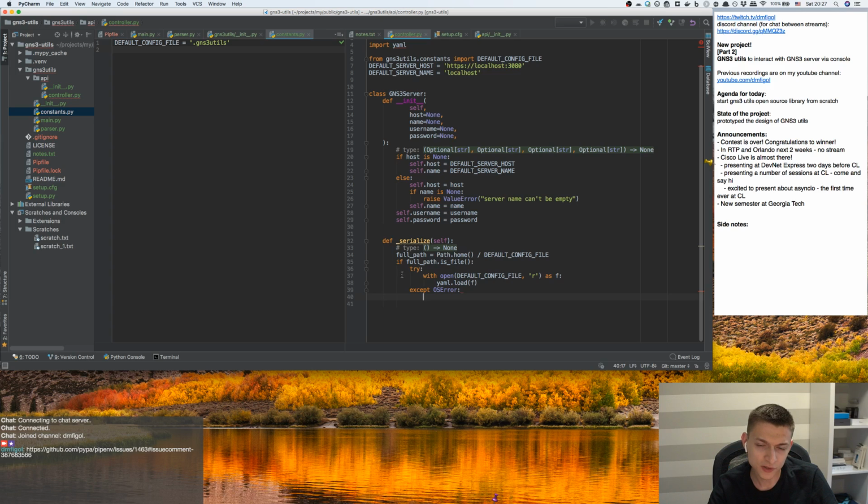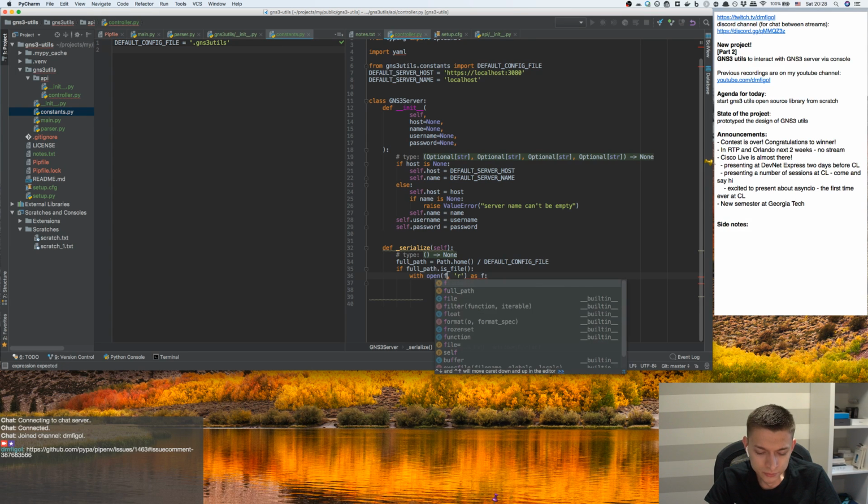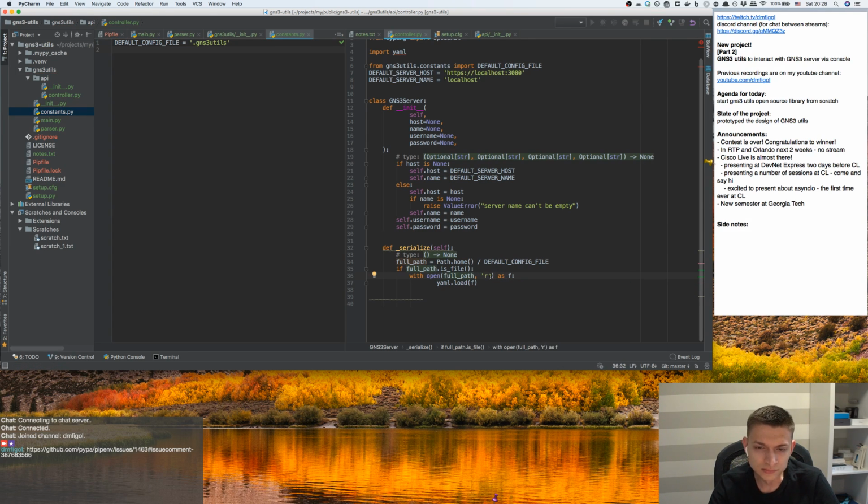During reading we may have some problems, so we raise. You know what? Why are we catching this? If it fails, it fails. So we will open this file for reading using YAML. Okay, and this will be